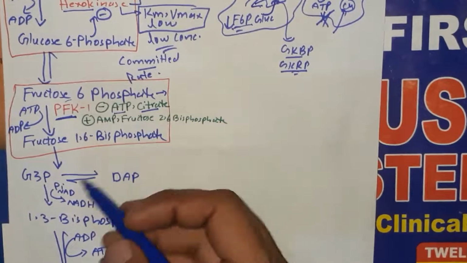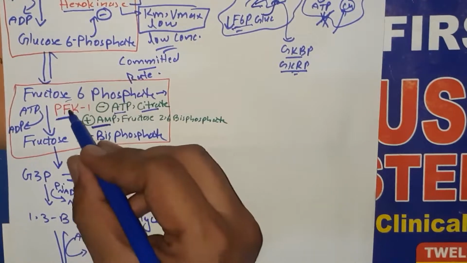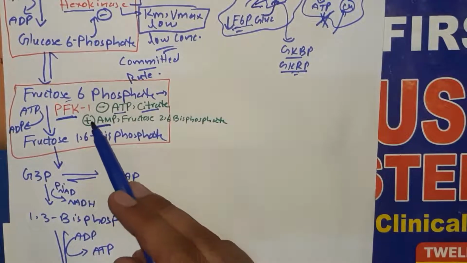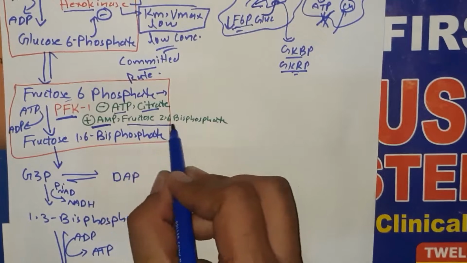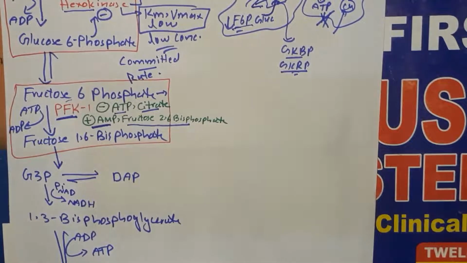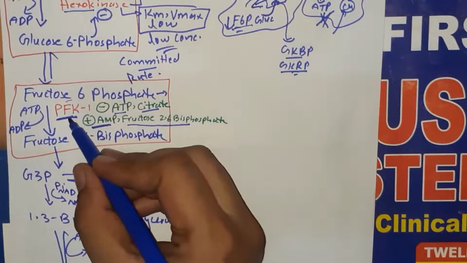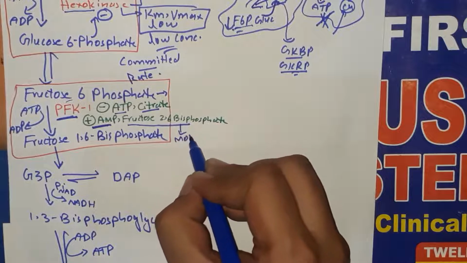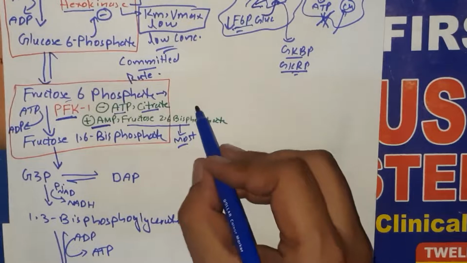And what are the stimulators of phosphofructokinase 1? AMP actually stimulates phosphofructokinase 1, as AMP shows the low energy signal in the cell, and it stimulates this enzyme. Further, it is stimulated by fructose 2,6-bisphosphate. Fructose 2,6-bisphosphate is a compound which stimulates phosphofructokinase 1, and it is the most potent stimulator of phosphofructokinase 1. And how does it work? Basically,